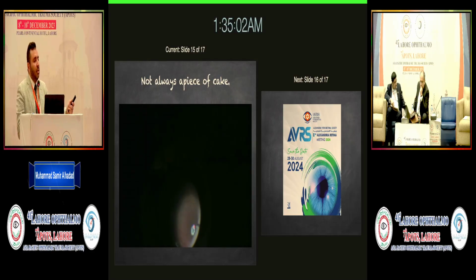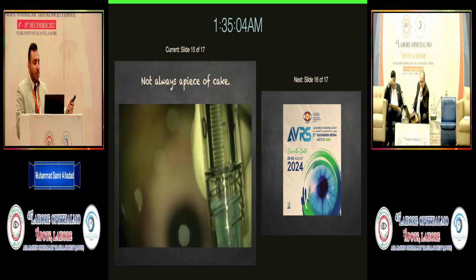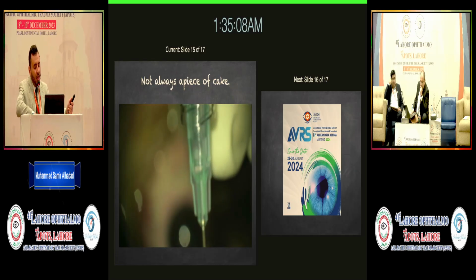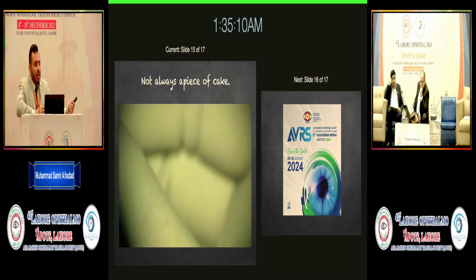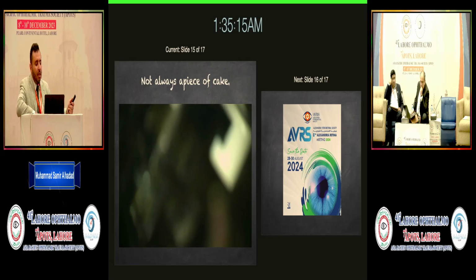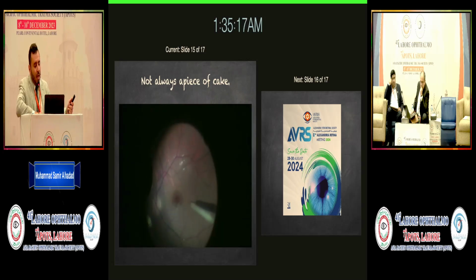And this woman has a problem with this hemorrhage causing metamorphopsia and blocking the central vision. So I used the same approach, using the 41 gauge cannula. This is a new cannula. But this time I used the machine, not injecting by my hands. I used the automated injection of the Alcon Constellation, and it is not always as easy as a piece